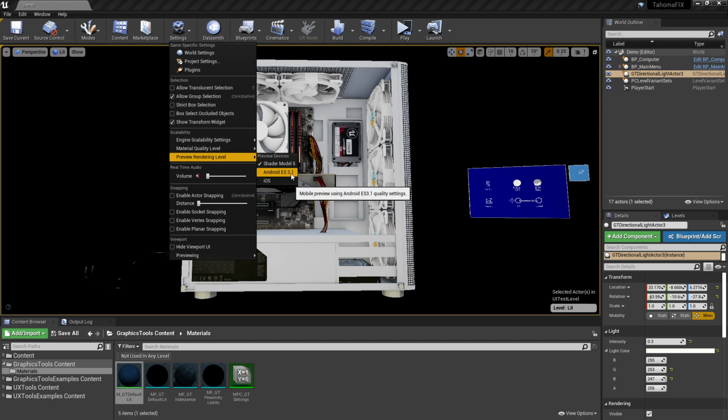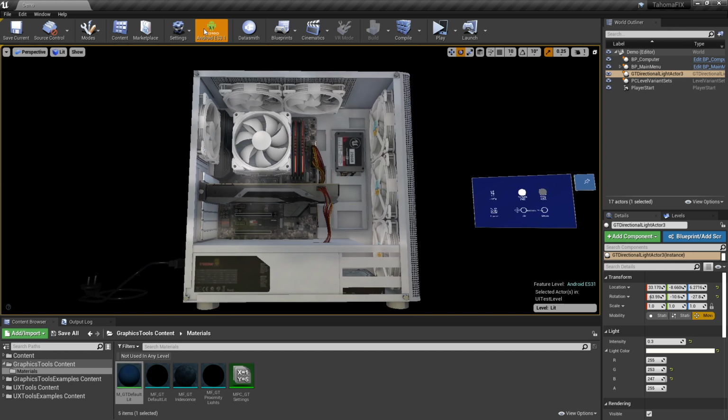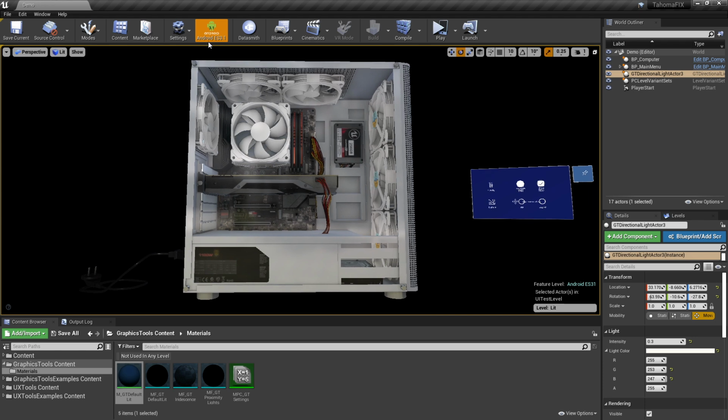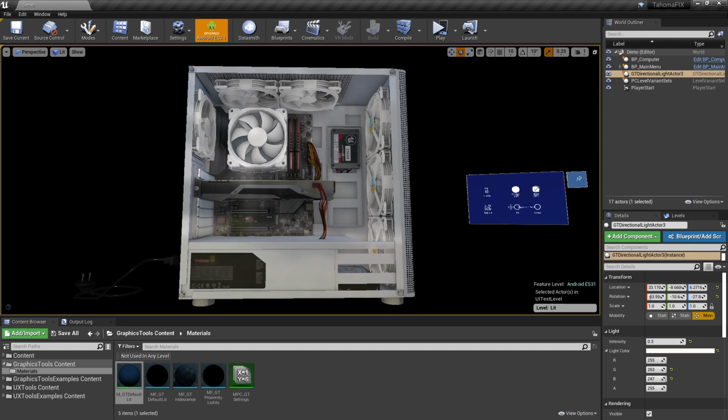Now, yes, we're going to be running this on a HoloLens 2, and it runs on a Snapdragon processor, but it's a unique little device that's running Windows 10. Even though it's a mobile platform, it's actually using Shader Model 5. So don't let this name confuse you. When you switch this over to Android ES31, it's going to be pretty similar to what you'll see on the HoloLens 2 and on the mobile device. By making that switch, we now have a button up here that allows us to toggle back and forth between seeing the preview of the mobile device and not seeing it directly inside of the editor, which is pretty awesome.